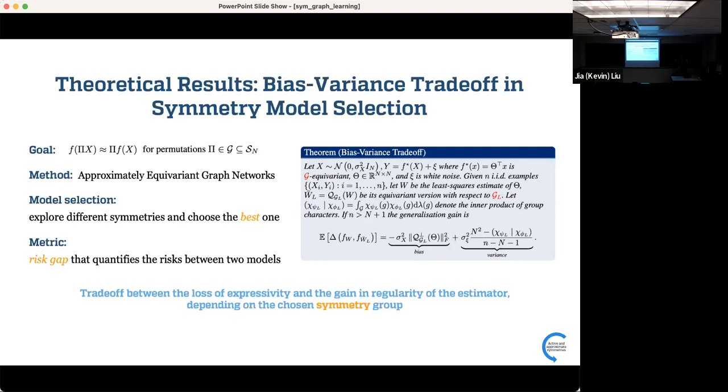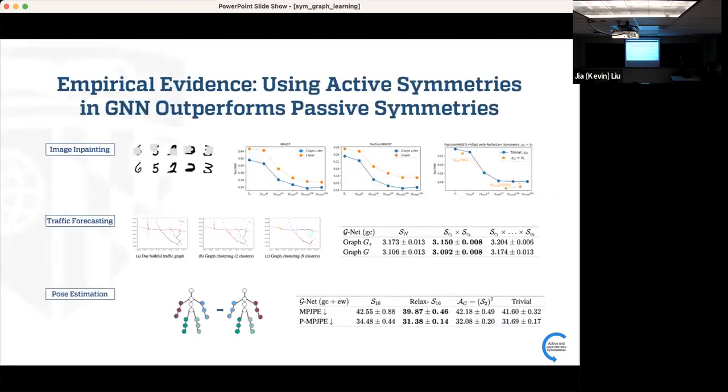Loosely, you can think about it this way: if I choose a large symmetry group, I might incur more bias because I impose more constraint on my function class. But if I use too small a symmetry or no symmetry at all, I have too big a function class, so that can introduce more variance. Right. So with that, we have also done a lot of